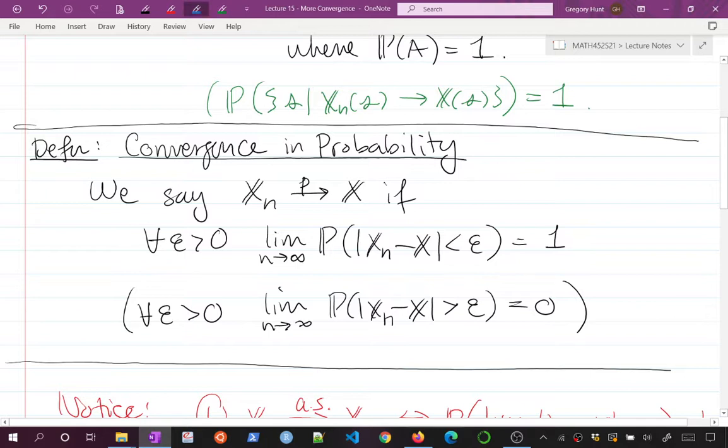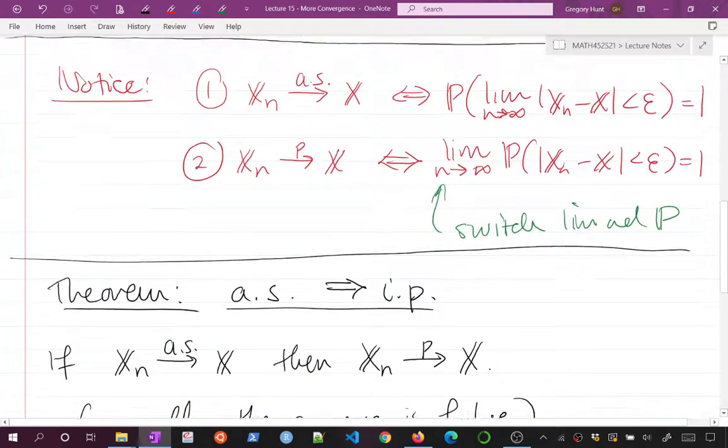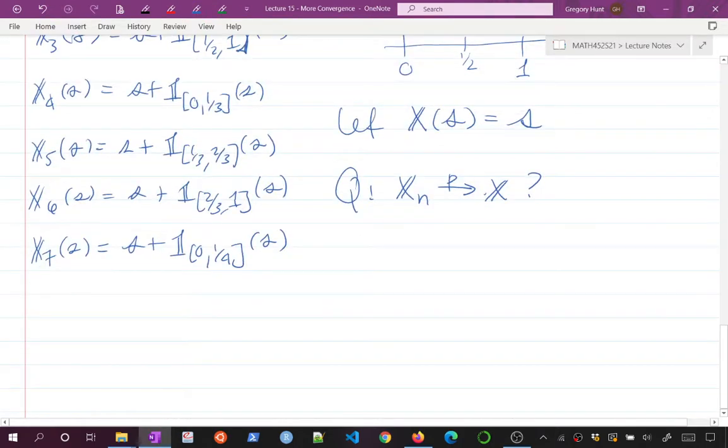We can use maybe our second definition here. It doesn't really matter, you can use either, but let's use the second one. We want to look at the probability that xn is more than epsilon away from x. So let me write this down. We need to show,